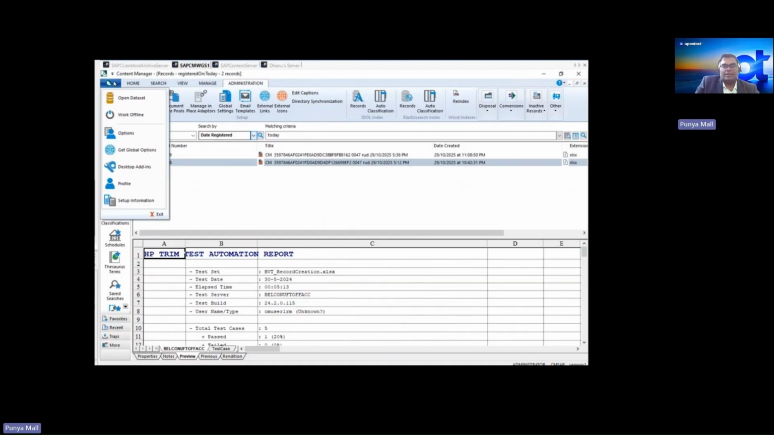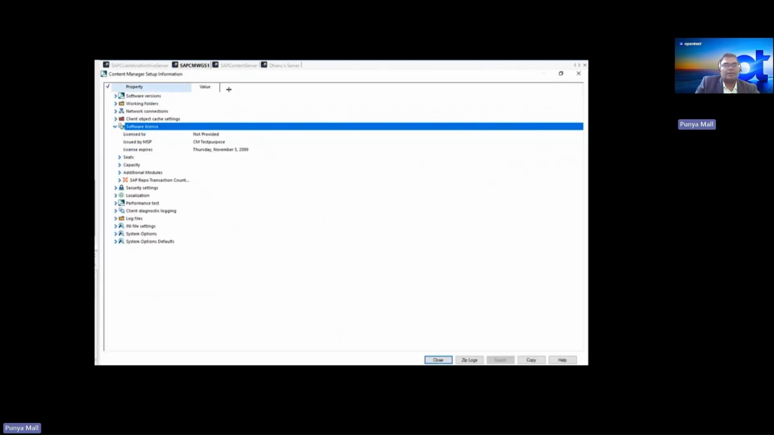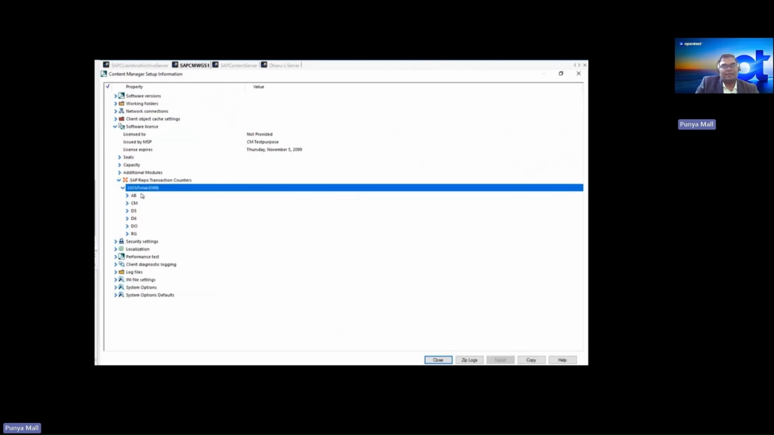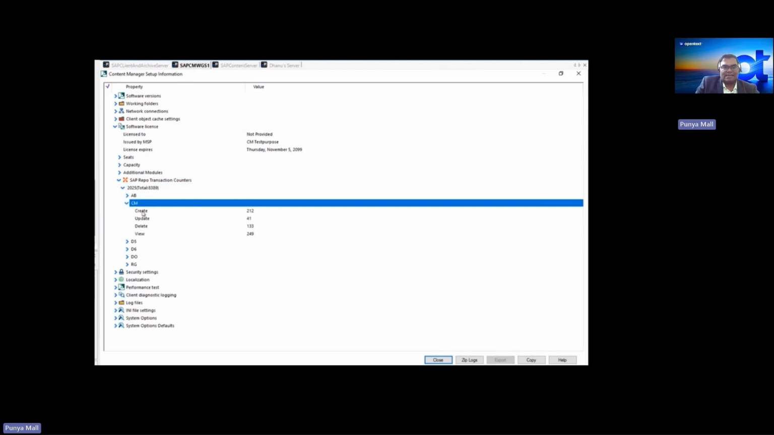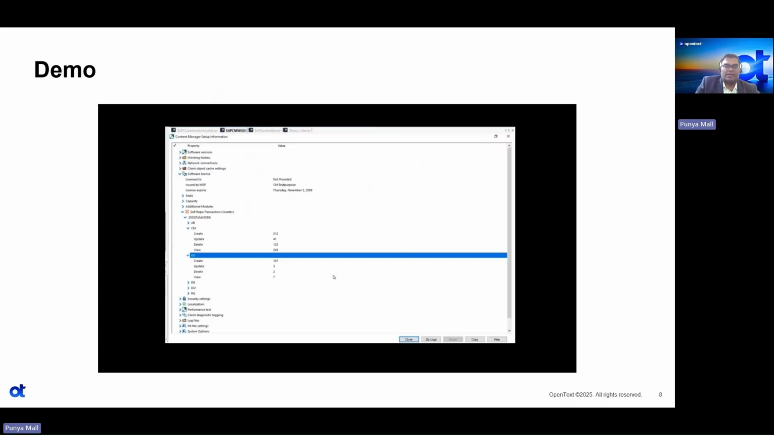Next, we'll take a look at the statistics that is captured using the connector. So from setup information, we can go into software licenses, browse into the SAP repo transaction counters, and select CM as the repo, which captures all of the transaction counters for each type of process. So create, update, delete, every transaction is captured here. So that's the